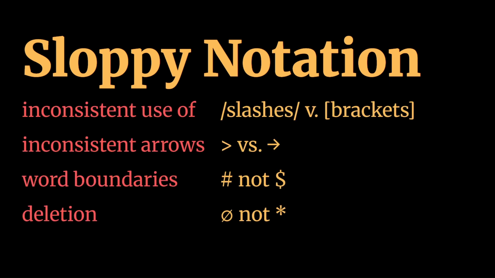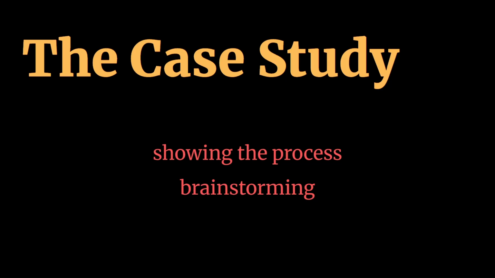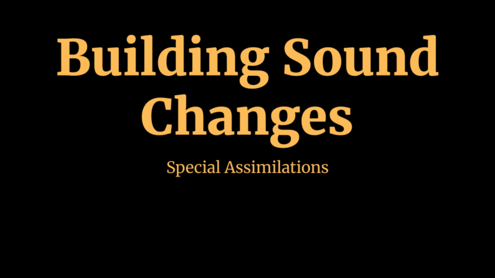I've also been guilty of some sloppy notation in some of my previous videos. Some examples are shown here. Finally, in the case study, I just want to be clear what I'm trying to do there. The case study examples are more about showing the process. In fact, in these videos, you might even think of it as brainstorming. These are not necessarily the final changes that I'm going to rely on, so some of the changes that I show might be bad changes. That's just the process that I go through as a conlanger, and you're getting a little bit of an inside look at it. With that follow-up out of the way, we can continue on discussing these special cases of assimilation.